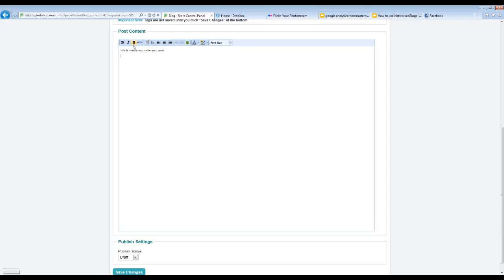You'll see along the top here that you have your standard editing panel, so you can make your wording bold, italics, and underline. You also have your alignment set here. Perhaps you want this in the center. You can also adjust the font size from here, as well as the font color. So there's a lot of really great things you can do just from this really cool post content panel here